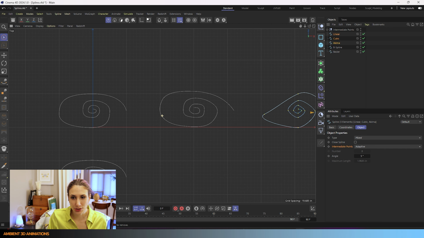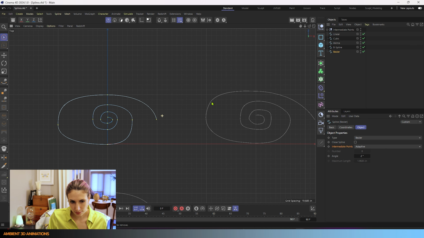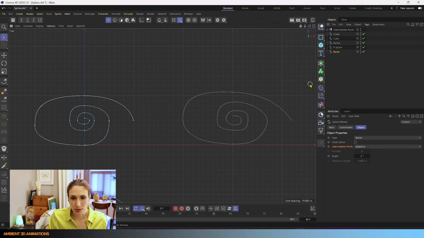And now we have two other wonderful spline types over here, and you can adjust your spline type right here from this drop-down menu. That's what we're going through right now. We have the B-spline, and we also have the Bezier spline. Now, both of these are useful, powerful tools. I don't think that one of these splines is better than the other.